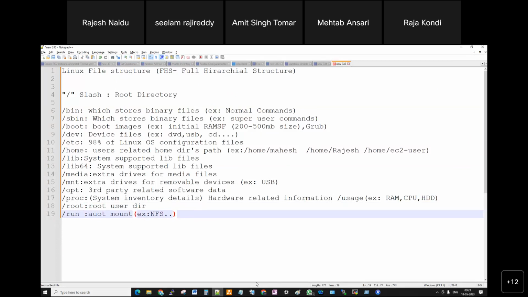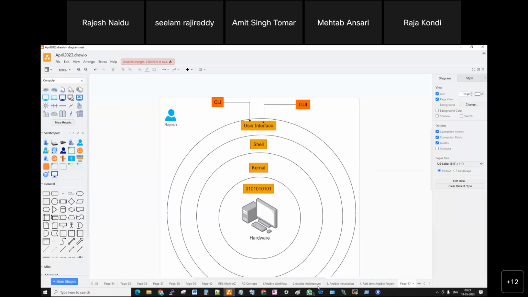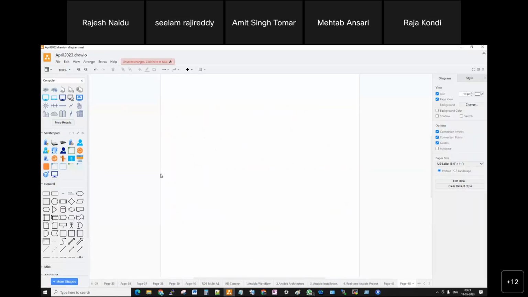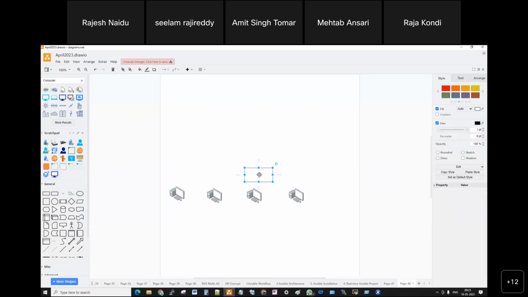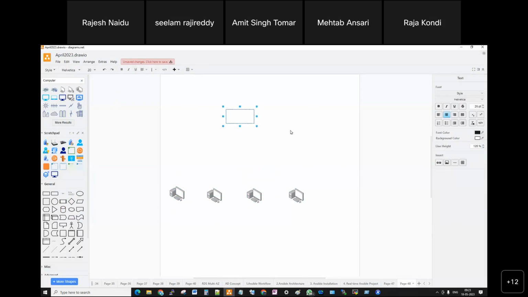Suppose in your company there are multiple systems and you're working on a project. Some project related information, they'll keep in some drive. Okay. Project info.